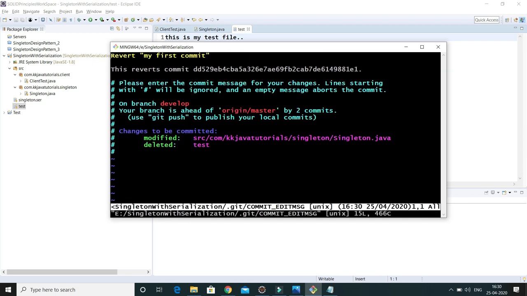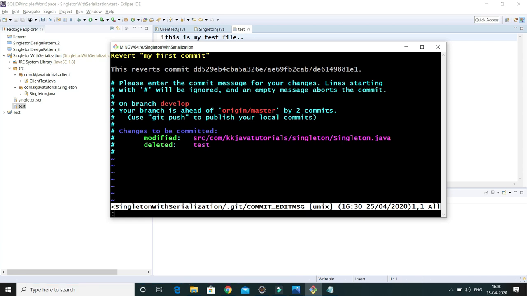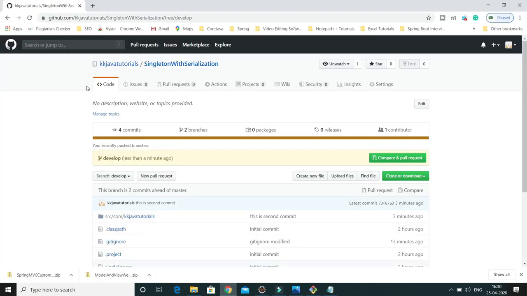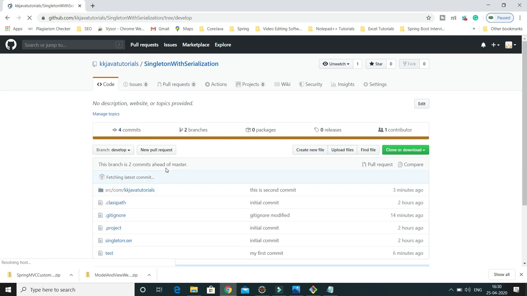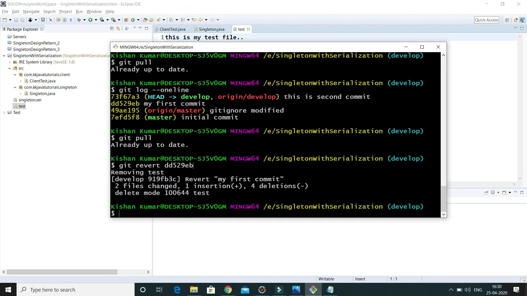So now here actually git has opened a default configured editor. There you can specify your message, but I'm not going to specify any message. Just to come out from this default editor, you will have to type colon, then wq, and press enter, and come out from this. Now still if you look into here, changes will not be affected on my remote repository, right? See, this file is present, and if you look into the singleton class, java doc definitely would be present. So this is still not reflected on my remote branch.